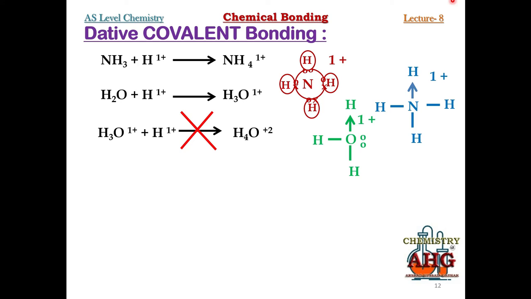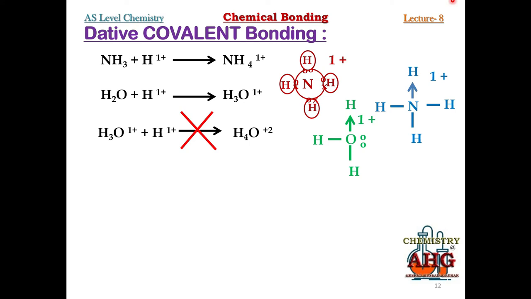So even if you provide heat, you provide energy to carry out this reaction, even if this dipositive ion is produced, when you bring it back to room temperature, this dipositive ion will decompose back into H ion and hydronium ion. So remember, two similarly charged particles are very difficult to react due to high activation energy.